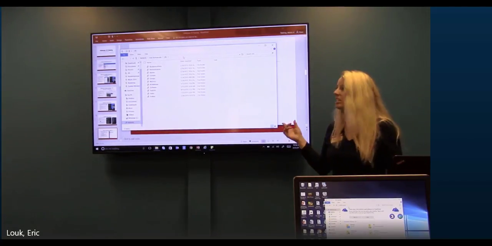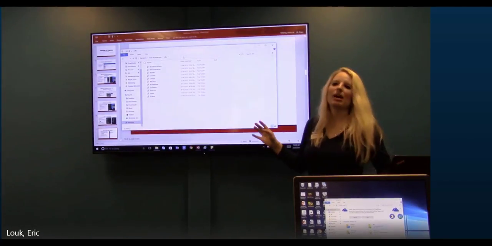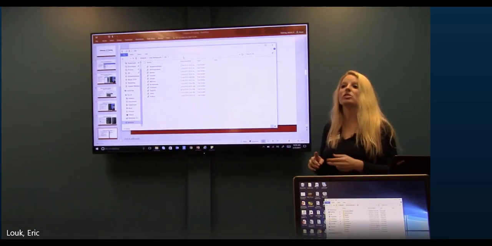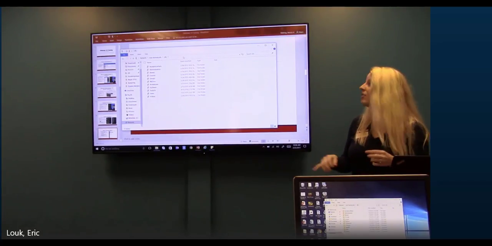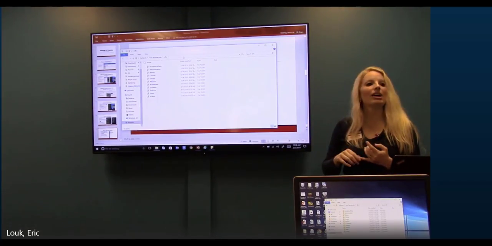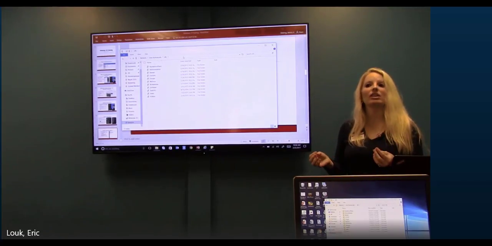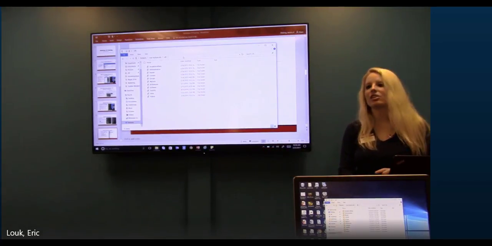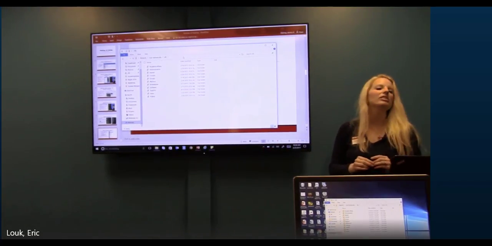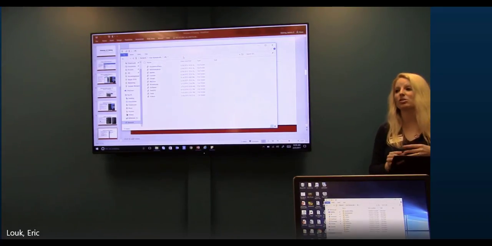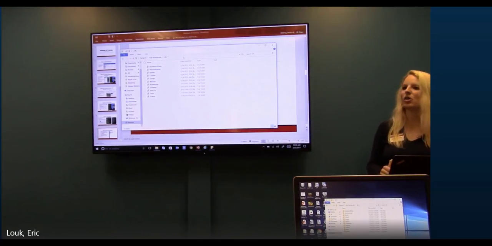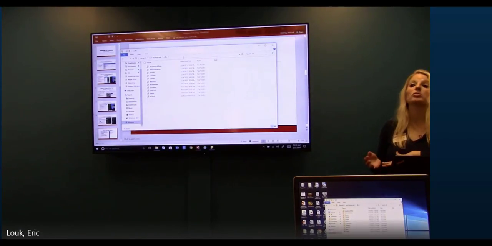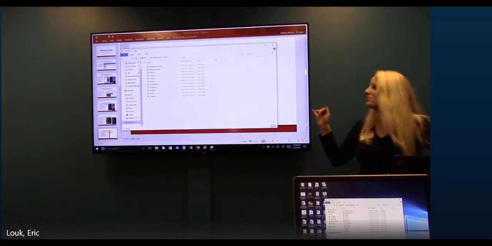Because I've worked in DFS before on my computer, it opens automatically. If yours doesn't open automatically, it might prompt you to sign in using a username and password. If you are having difficulty and it doesn't give you that option, it just says I can't connect to DFS, you might want to check your internet settings down here and make sure that you're connected to Eduroam. Eduroam allows you to get to our internal sites such as DFS or the print server. If you're connected to RIT Open, you'll only be able to access external websites, like if you need to look up a news article. So it's just \\,